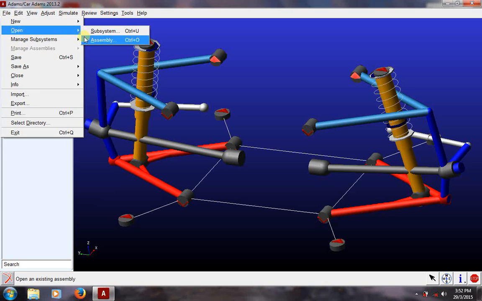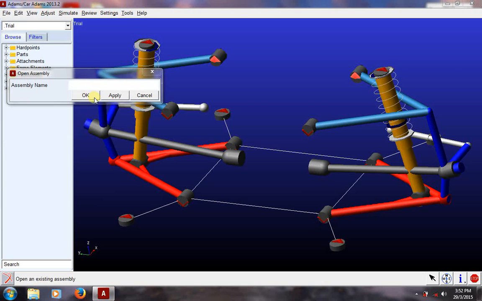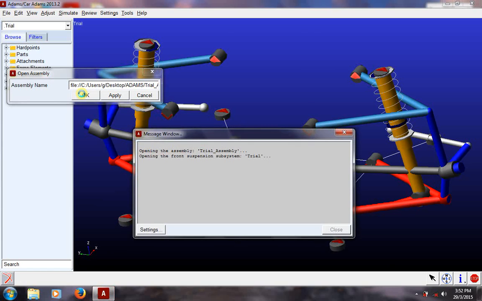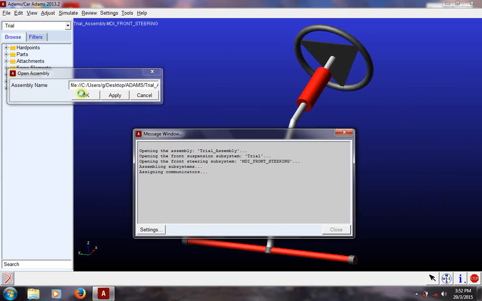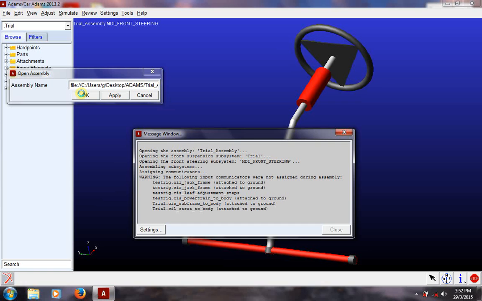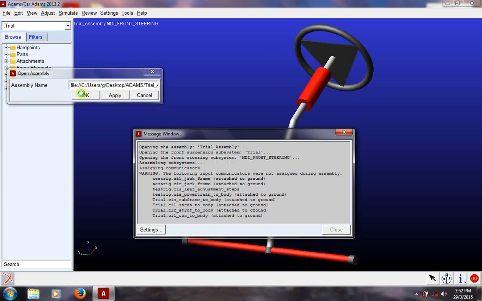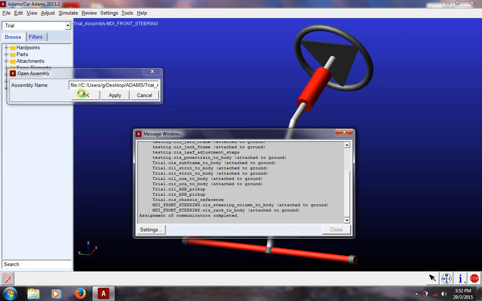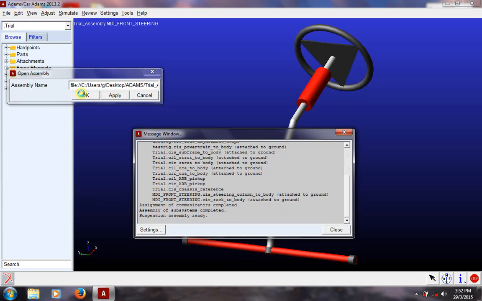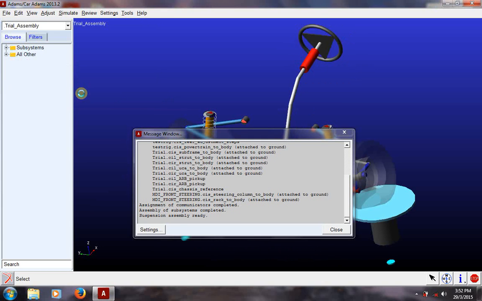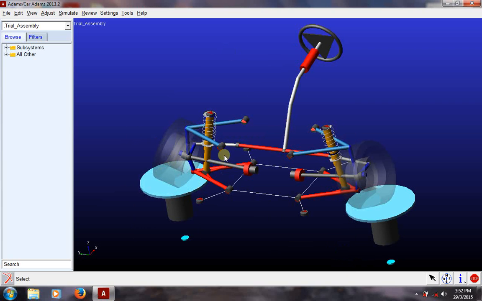Similarly, we can also open assemblies. And that's done. So these are basically the way